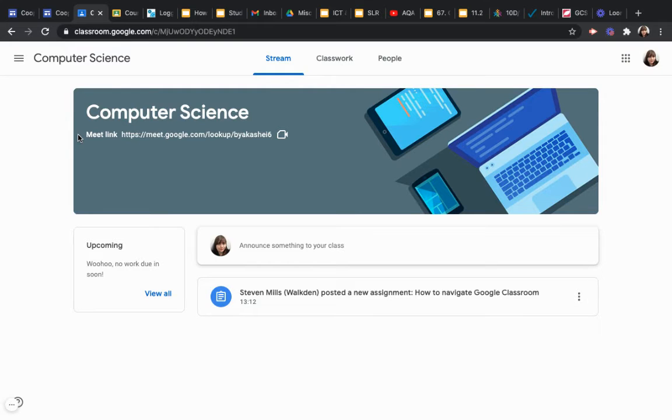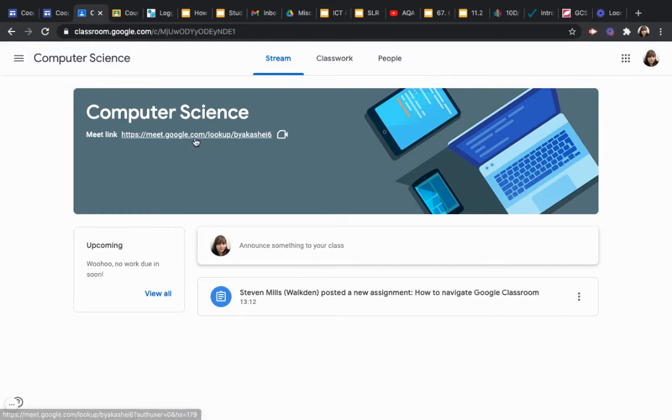So there's a few things on here, a few features we need to know about. The first one that you need to go into every morning is your live registration with your form tutor. So to do that, you'll notice when you go to your classroom, and I believe you're using your PSHE classrooms for this purpose, unless your form tutor tells you otherwise, and they have set up a form group for you. So either find your PSHE class or your form group class that's been set up, and then just under the class subject name here, you can see there's a Meet